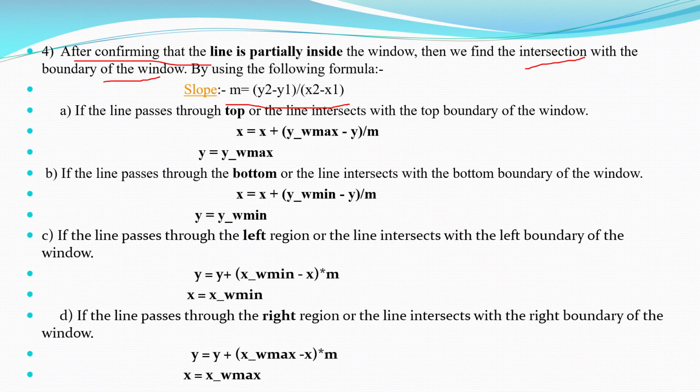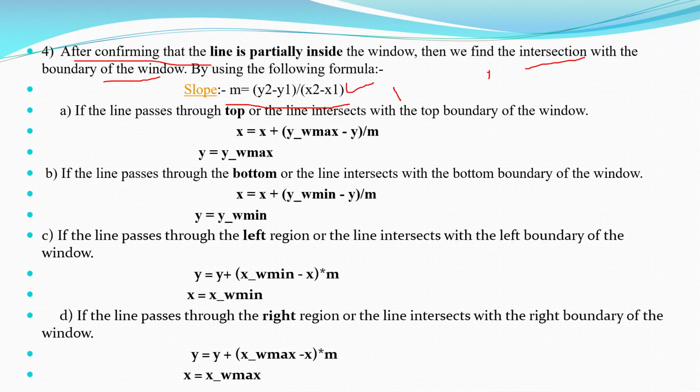The slope formula is m equals y2 minus y1 divided by x2 minus x1. How do we get y1, y2 and x1, x2? From the line's endpoints. The starting point's x and y values we take as x1, y1, and the end point we take as x2, y2. So after getting the slope, now if the line passes through the top,